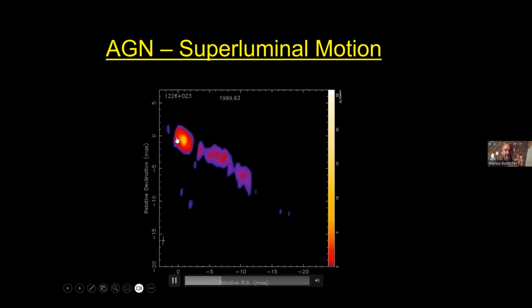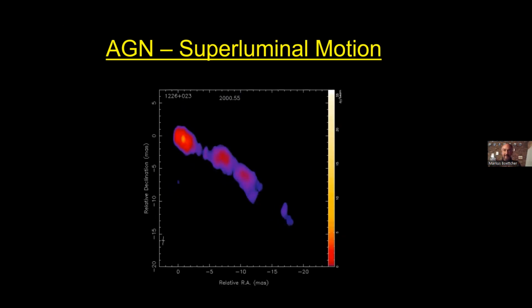If we know the angular separation as a function of time, we can calculate what speed that corresponds to. And if you do that calculation, you find in many sources that this is 10, 20, 30 times the speed of light, or even more. So does that now mean that relativity is wrong? Luckily not, otherwise we'd have to redo a lot of physics.